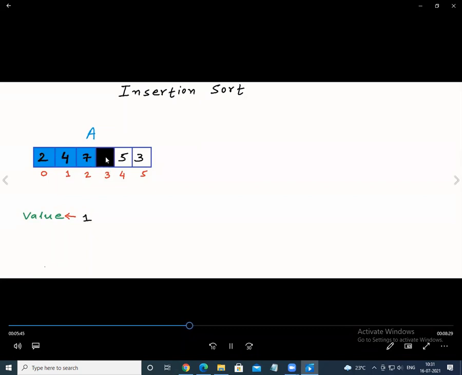Now the main exact point comes to understand. So 1 from the unsorted array we have taken, and we do shifting over 7, 4, 2. We compare whether 1 is less than 7. Yes, so we'll shift 7 to the right hand side. Now again this 1 is compared with the 4, and it is less, so 4 comes to the right. Again 1 is compared with the 2 and 2 moves right, and 1 will be shifted to a of 0.